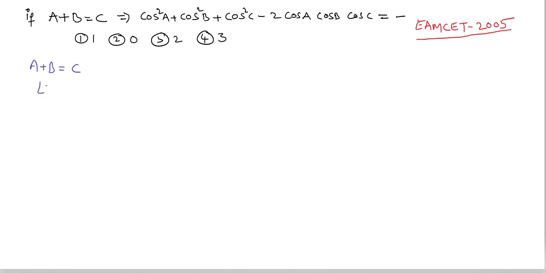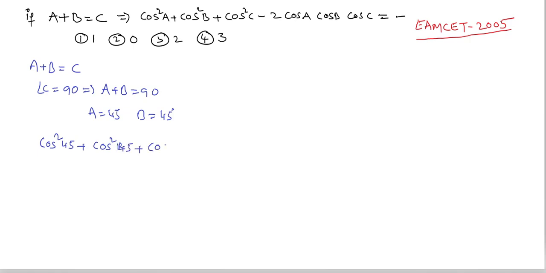Take angle C is equal to 90 degrees. That implies a plus b is equal to 90. Take a is equal to 45 degrees and b is 45 degrees. Substituting these values in the given problem, that is cos square a, that is cos square 45, cos square b, that is cos square 45, plus cos square c, that is cos square 90, minus 2 cos 45